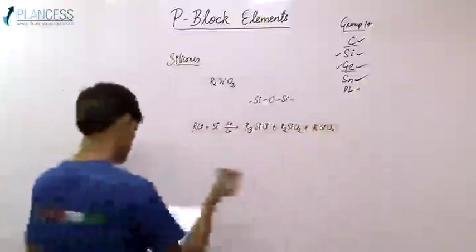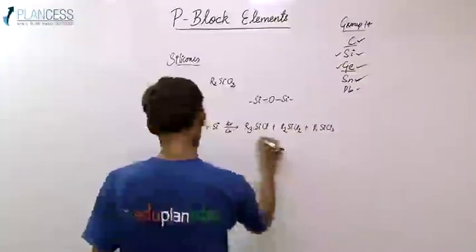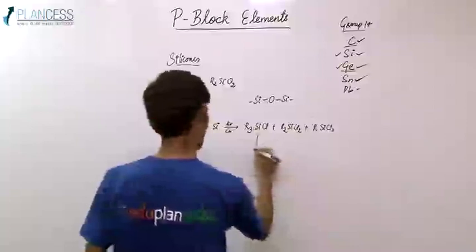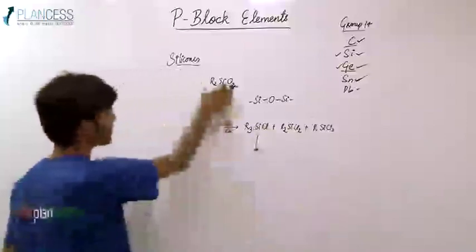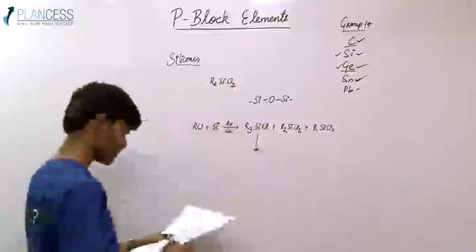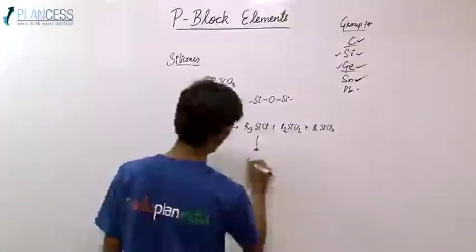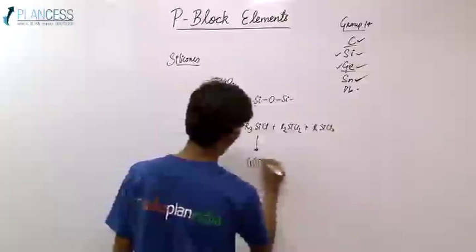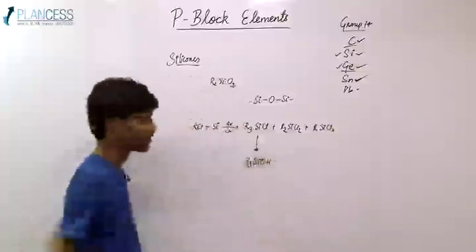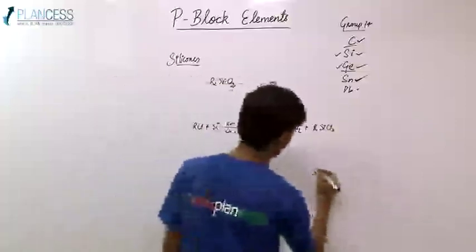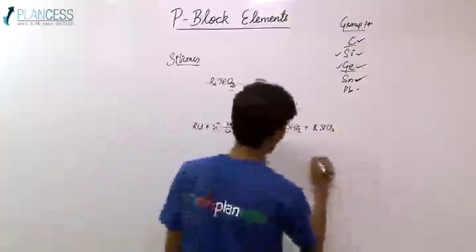Now depending on this, the hydrolysis of these will form silicones of this form. That is, if you hydrolyze this, then it will form R3SiOH, and 2 units of R3SiOH, that is, R3SiOH